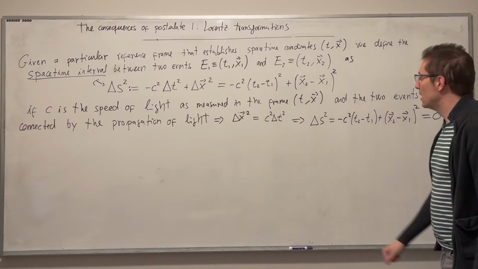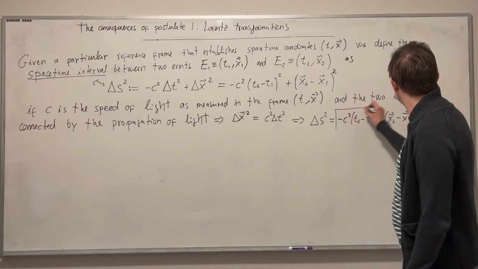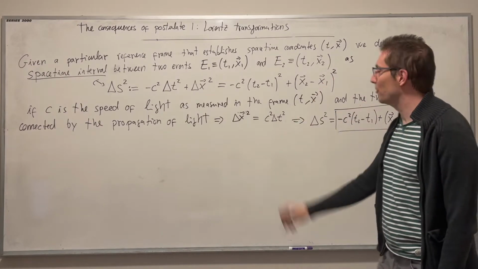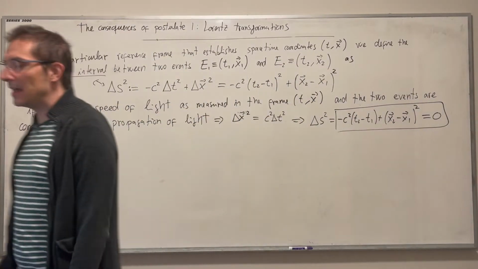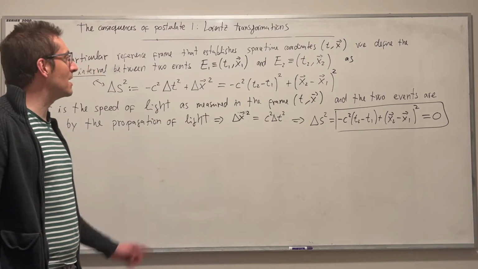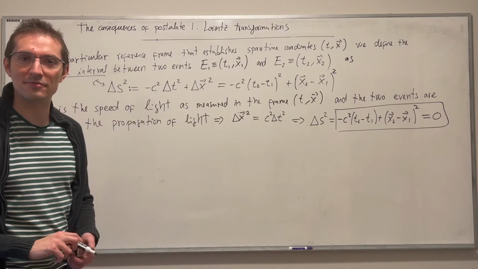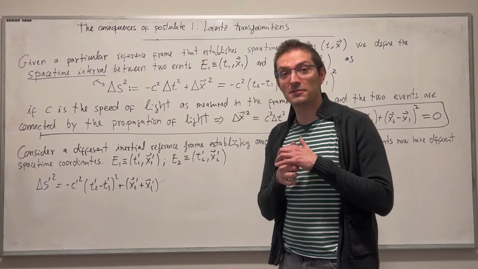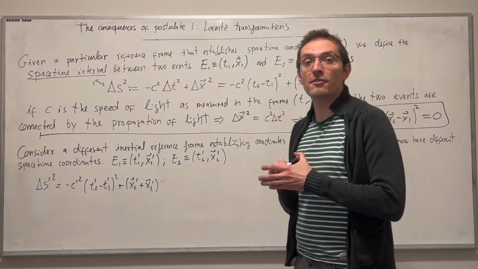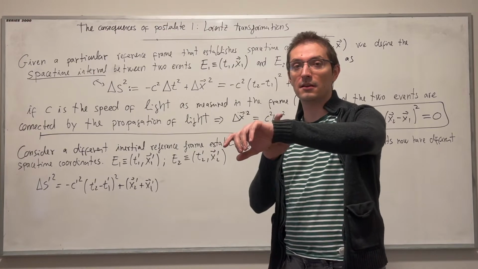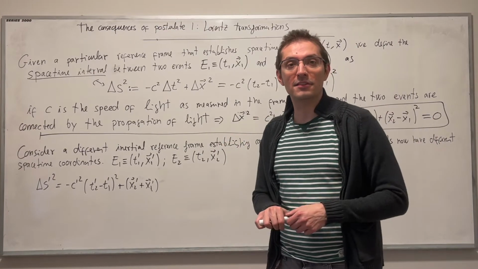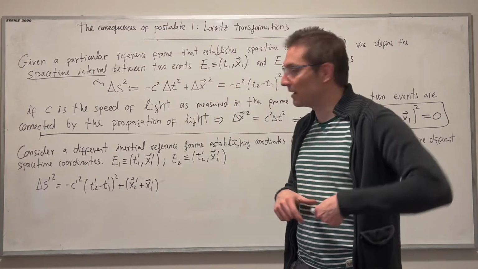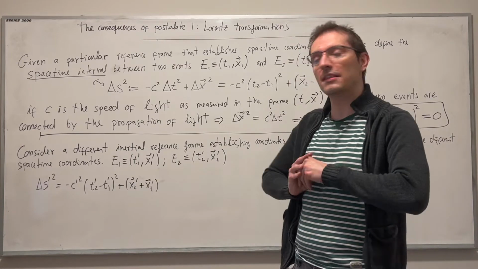All right, so let's keep this in our memory, okay? And now let's see what happens when I describe this from a different reference frame. If we consider now a different inertial reference frame, so for example, a friend of mine that also has their clock, which has a different time because it is delayed with respect to mine, for example, and is set somewhere else and facing a different direction.